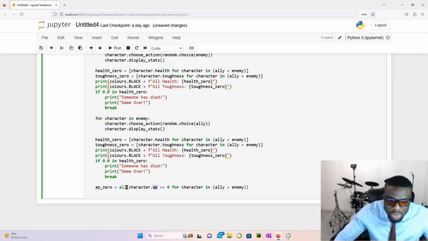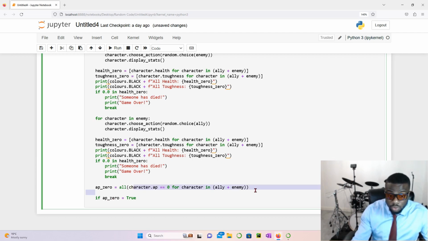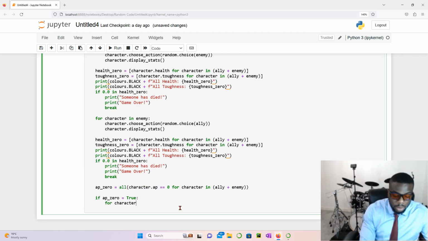And if it so happens that every single character in this list has an AP of 0, then the game will decide to refresh everyone's AP and move the round forward. So if AP dot underscore 0 equals true, so if this happens to be true because of this Boolean statement, most of the time it will be false, but when everyone has spent all the actions, it will be true. So if that is true, then for character in ally plus enemy,